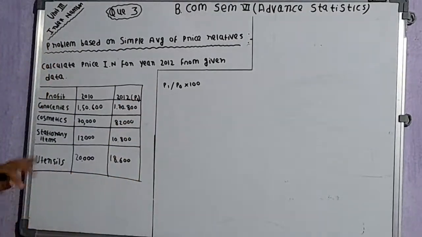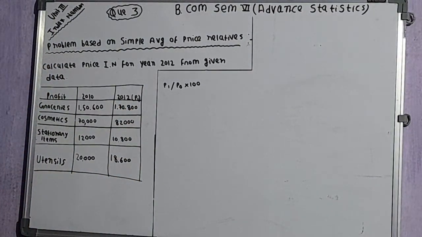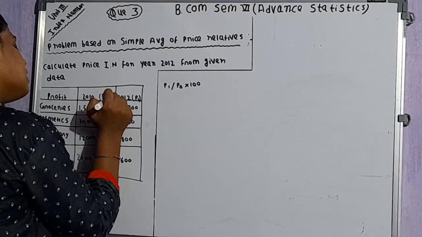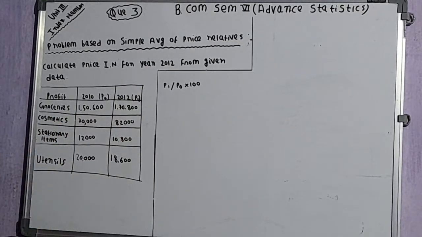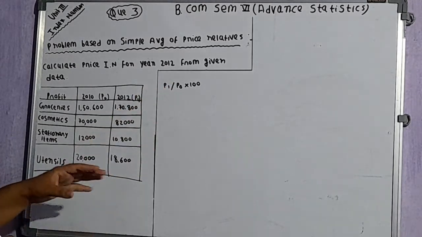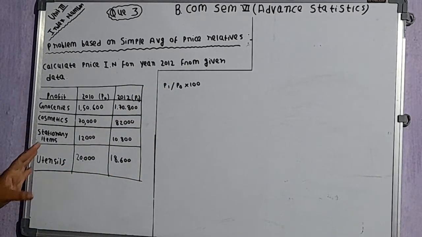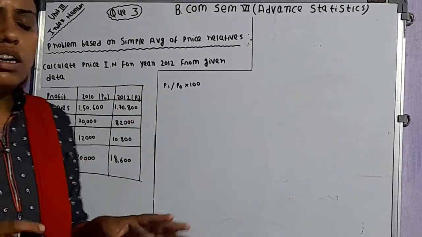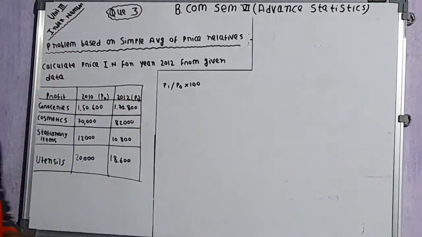Okay, and we have been given 2010, so it's going to be our base year. Here we have to represent 2010 by P0. Now we have determined the base year as well as the current year. With the help of this information we can find the price relatives. You have to draw the start again in your answer part. I'm here directly writing the price relatives.